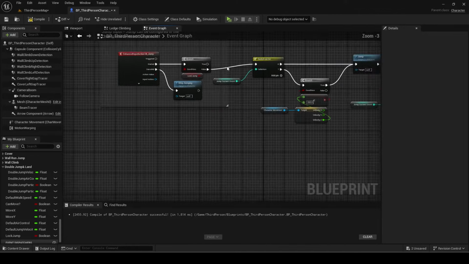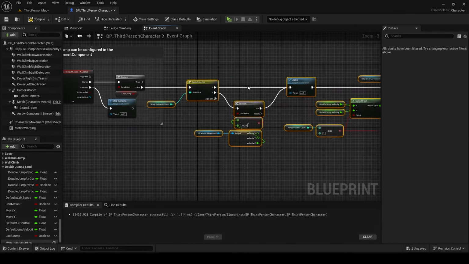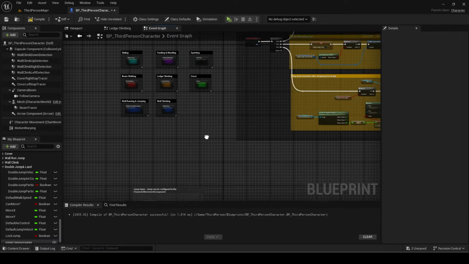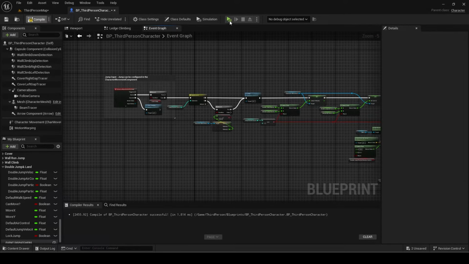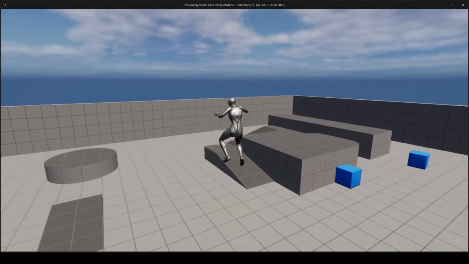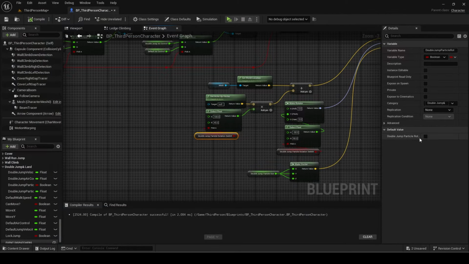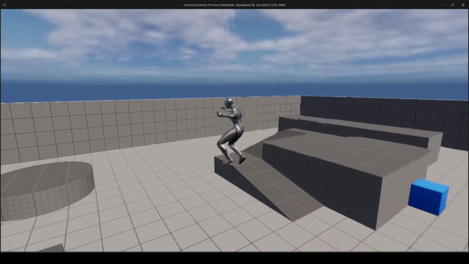Make sure this branch uses the false path and not true. I will disconnect the onJump event we used for previous videos in the series to test. Double jump is working. When the rotation switch variable is turned on, the part